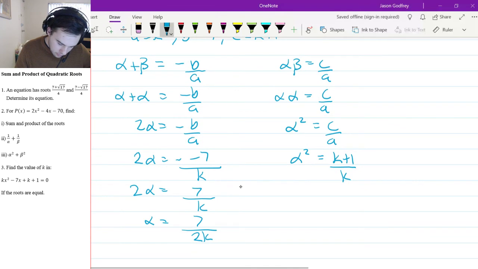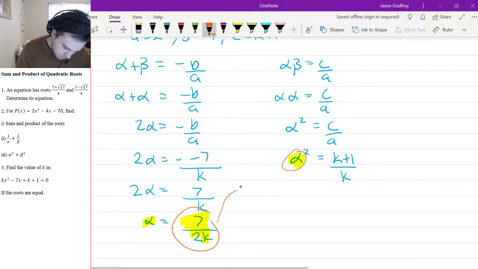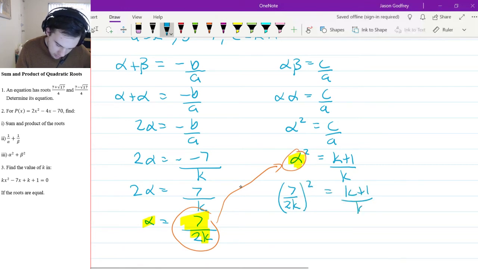But now alpha squared, well, we have this expression for alpha here, right? Alpha equals this thing, we can substitute into here. So because we've got this other expression for alpha, we've got 7 on 2k all squared equals k plus 1